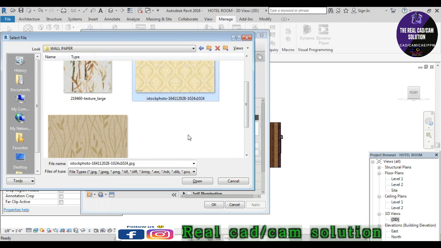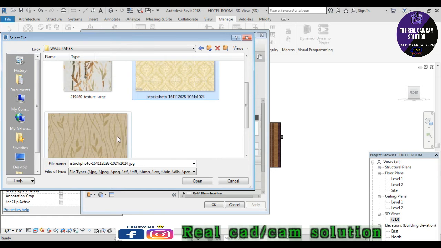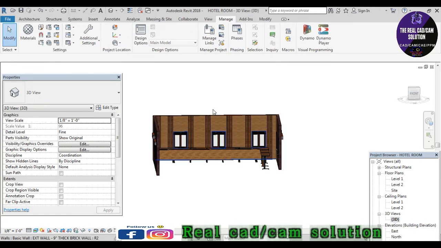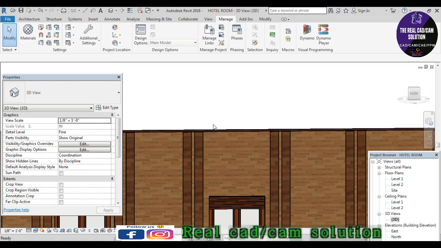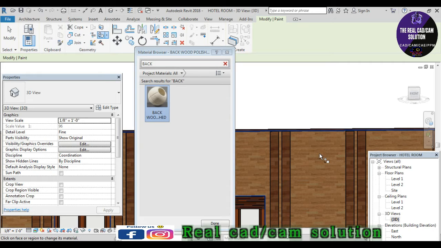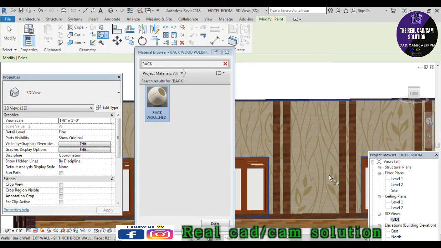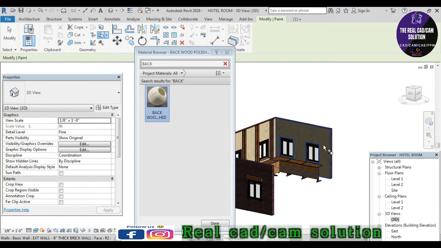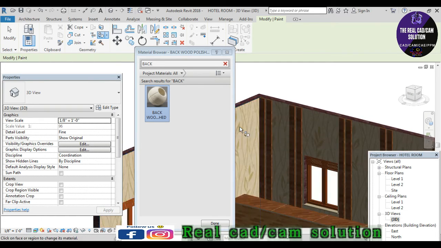Then go to the wall design. It's a wallpaper. I apply my wallpaper to the interior section of the hotel. Let's see, use the paint option, the command is PT, and apply the correct wallpaper. Click to apply like this. Okay, it's fantastic. Keep applying on both interior sides also.